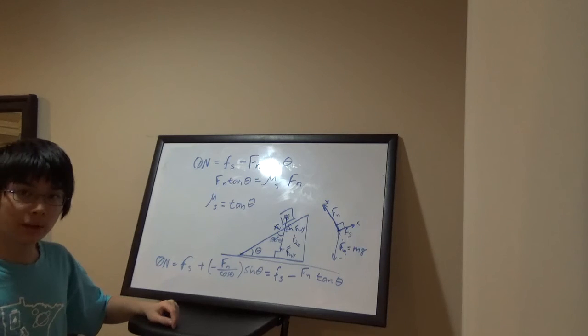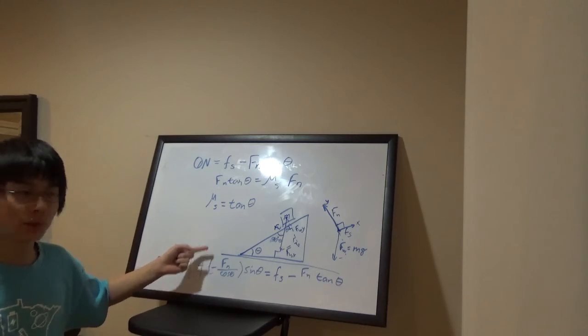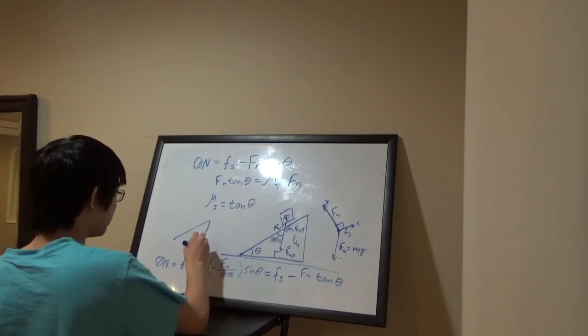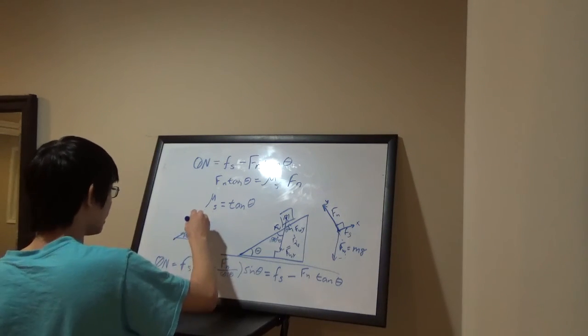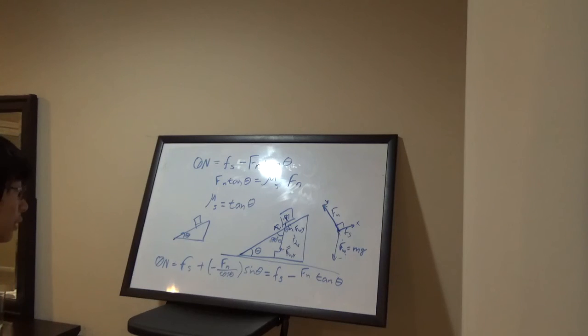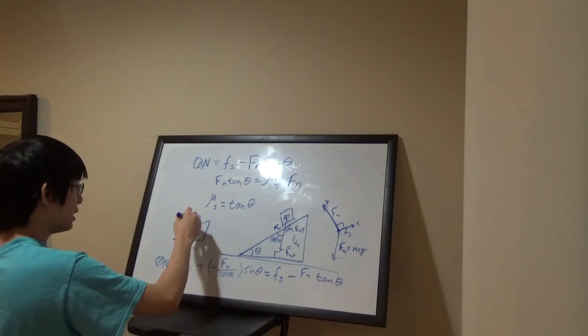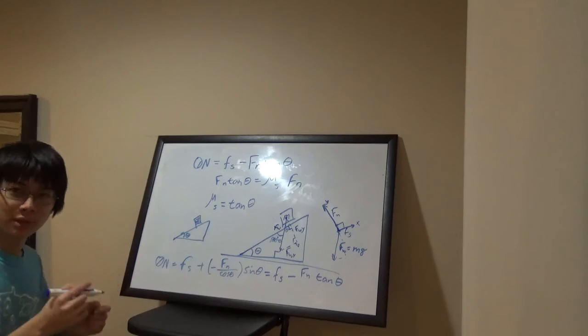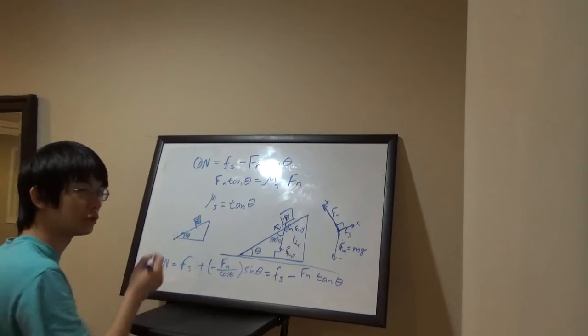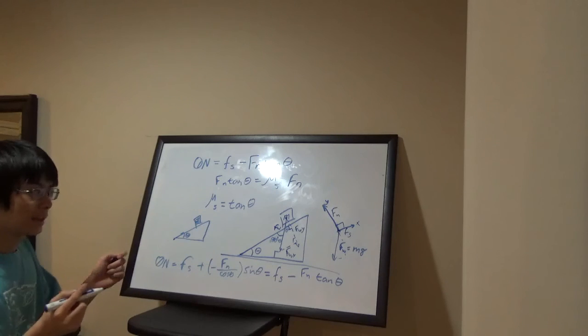So experimentally, how can we determine the coefficient of static friction? Well, let's say we have an inclined plane. Let's measure this angle theta. And then we have this mass here. We don't know what the mass is, or we have a box here. And let's just keep adding masses, like little balls, until the object slid. Well, then we take away one of those balls, and then we can say that the object is on